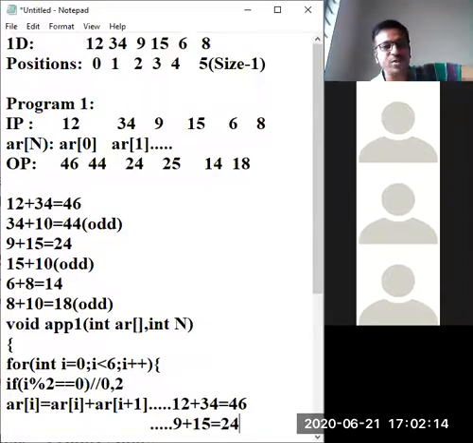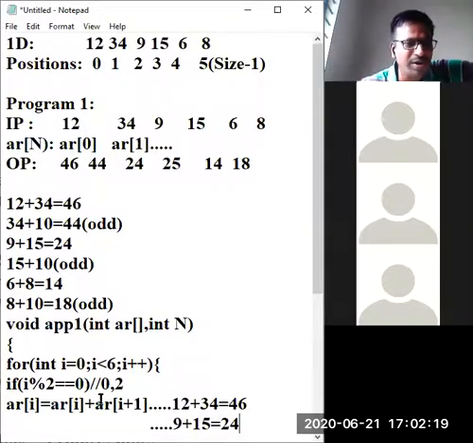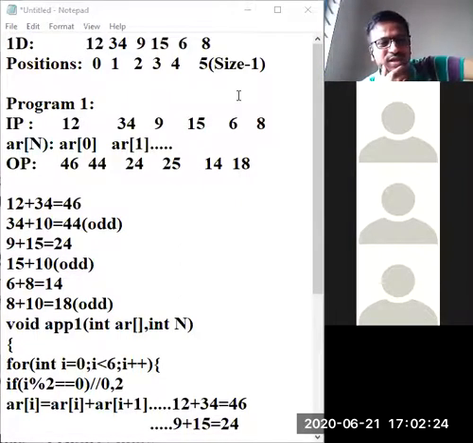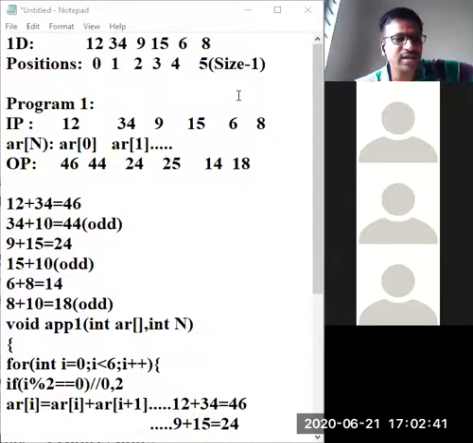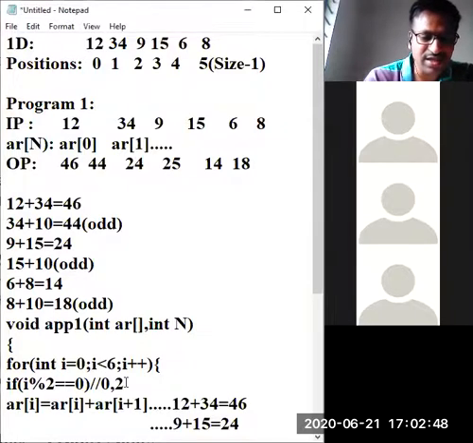Fine. Next, any more? 2 is done. Next, 3 fails. 3 is a failure because 3 % 2, is the remainder 0? Simple maths I am asking. I am not talking about big things. Small things I am asking. 3 % 2, is the remainder 0 or not? No. So fail. Next, take another increment. Take 4. 4 % 2. Success.